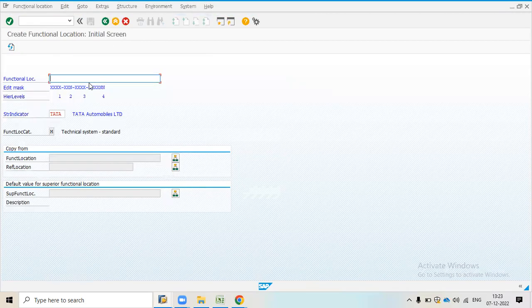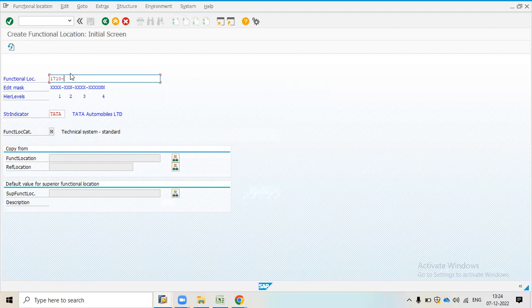I will click here 1710, then dash, this is what I am taking. First I will take plant, after that I will take pump for pump house. We are going to create function location.